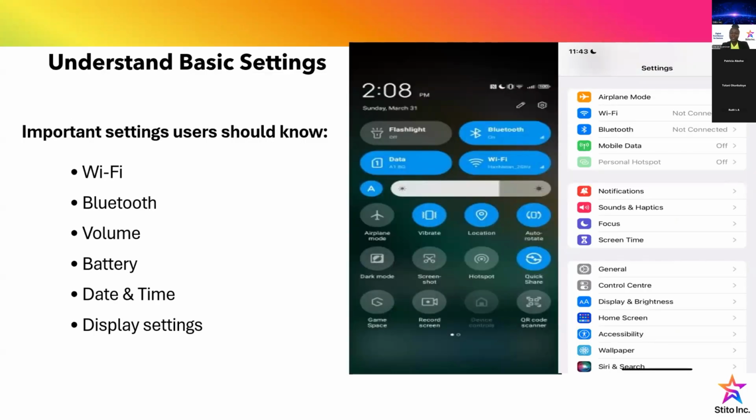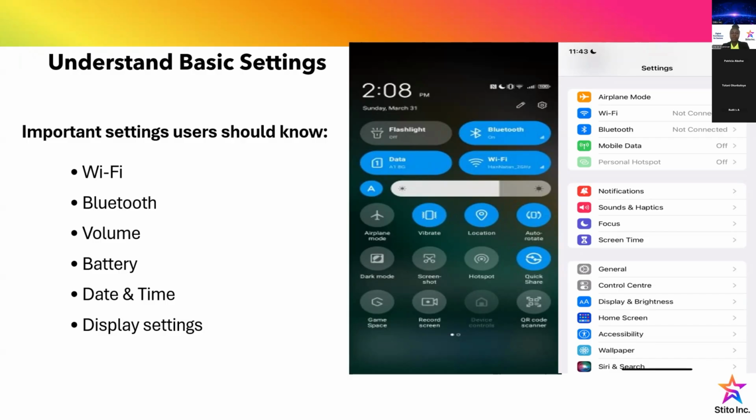Yes, let's go on to the next one, settings. Many magics or miracles happen in the settings of our devices. Some of us just use our gadget as it comes. I don't want to change anything. I don't know how to change the settings. I don't know how to get there. And that is why this class or these sessions are important for us not to miss any part.